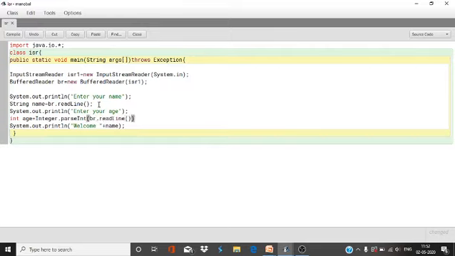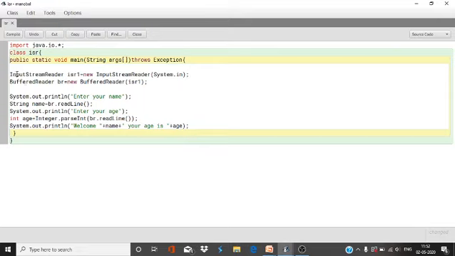Okay, this is the syntax you have to remember. Now print Welcome, then the name, and then add something with a plus sign. Whatever message you want, you can type here: your age is, plus age.